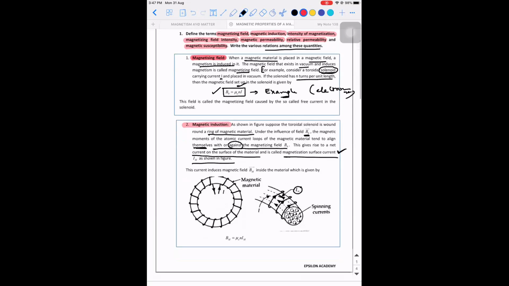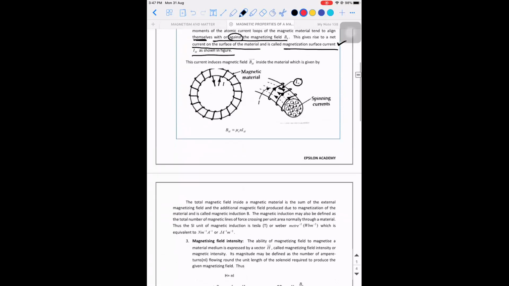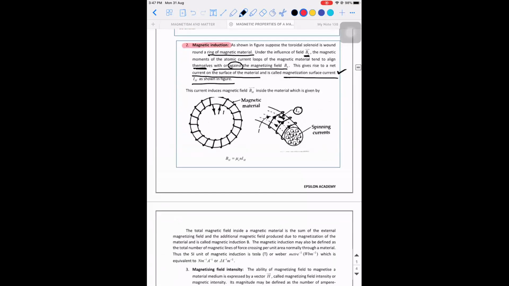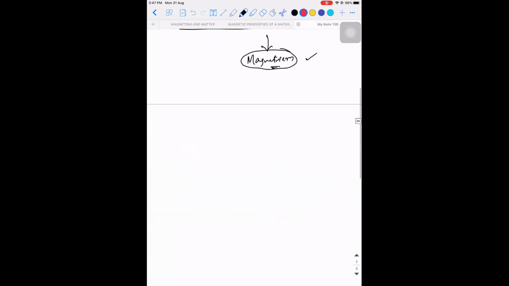Okay, so it's not over. Wait. So what is this magnetic induction all about? Magnetic induction is like this. For understanding purposes, let me explain with this example. What exactly happens when you place a dielectric in an external electric field? E naught is like this, and there is a dipole which will get aligned like this, in such a way that this end will be negative charge and this end will be positive charge.